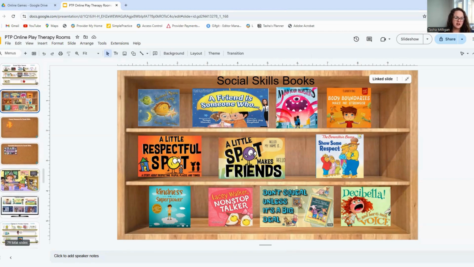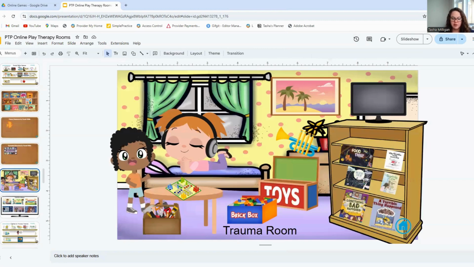So another thing that a lot of people have done with their online play therapy rooms is they'll make their own little Bitmoji. And so those are so cute where you can personalize it. So there's like a little picture of you with different emotions and expressions and little memes or whatever that will pop up